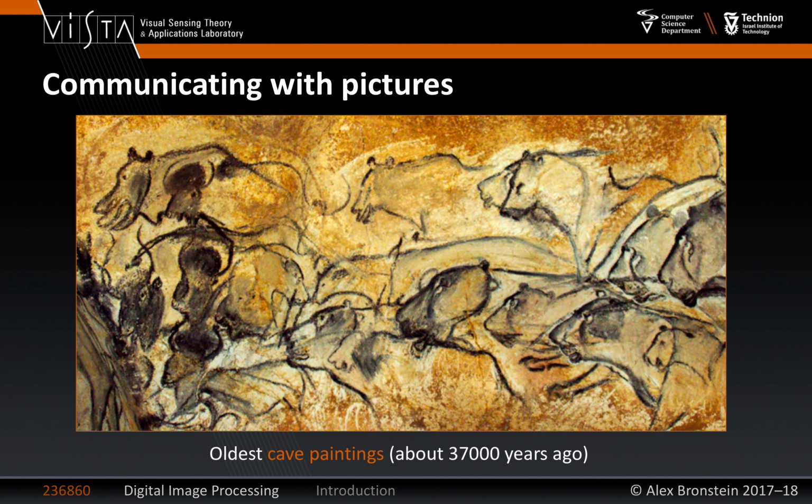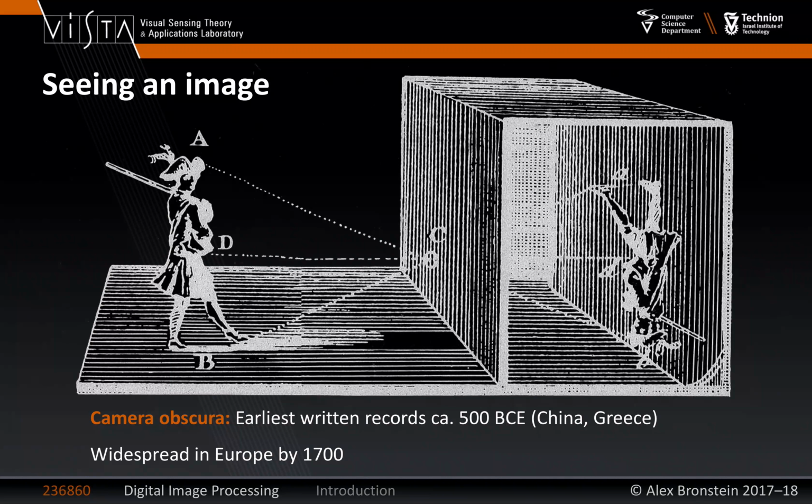So people have tried to invent techniques and technologies to capture the visual world in order to be able to communicate with pictures, right? Basically, this has been our goal forever. One of such early attempts was building primitive optical systems. This device is composed of a screen with a small hole in it.